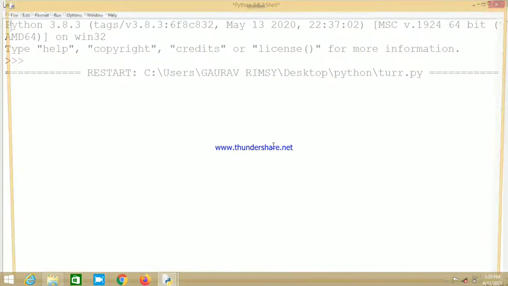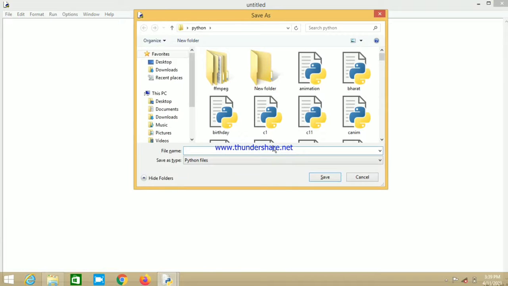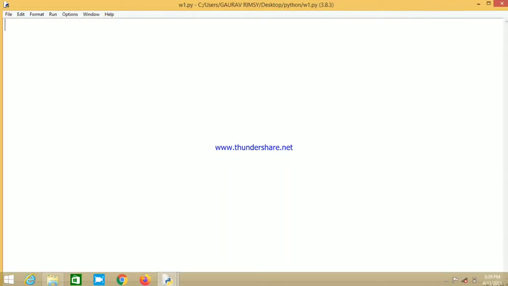Basically, here we need to create a new file, and we are going to save this file with a .py extension. Our first step is to import the turtle module, and the second step of our programming is to set the background color of our turtle window. Firstly, we need to define our window over here. Then we are going to define the pen size, it depends on your requirement, whatever pen size you want to give.